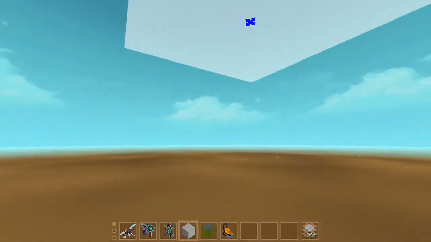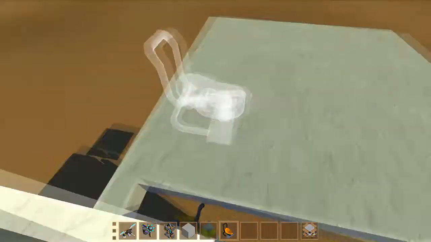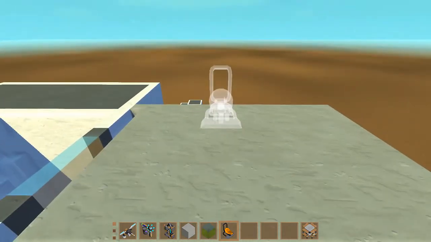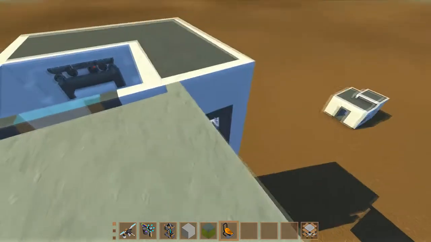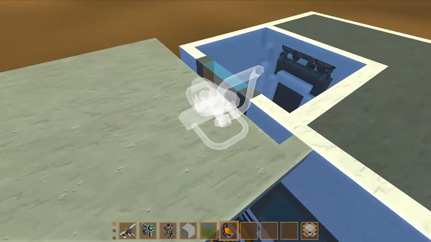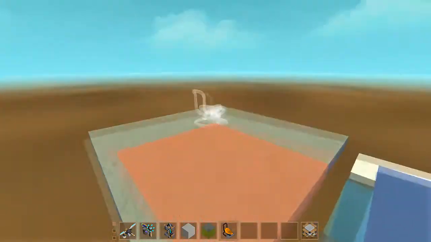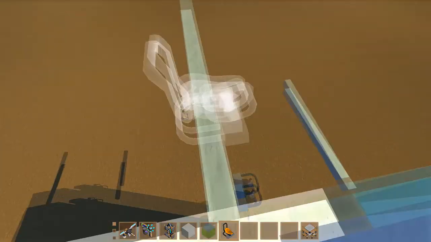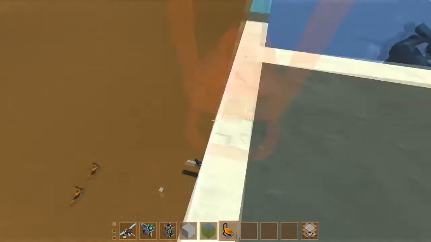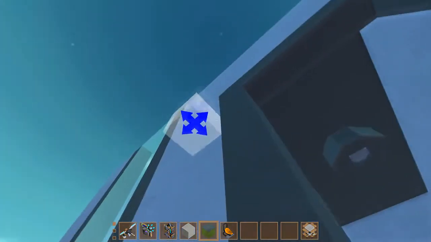That's important because we need to spawn the top part of our elevator on here, because otherwise it will be a bit difficult to do. Or maybe a small tip is, yeah, let's remove that. Goodbye seat, goodbye you block thingy,